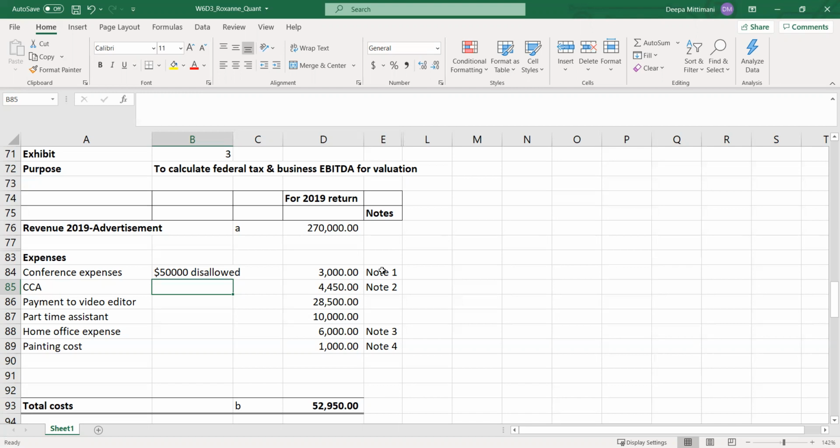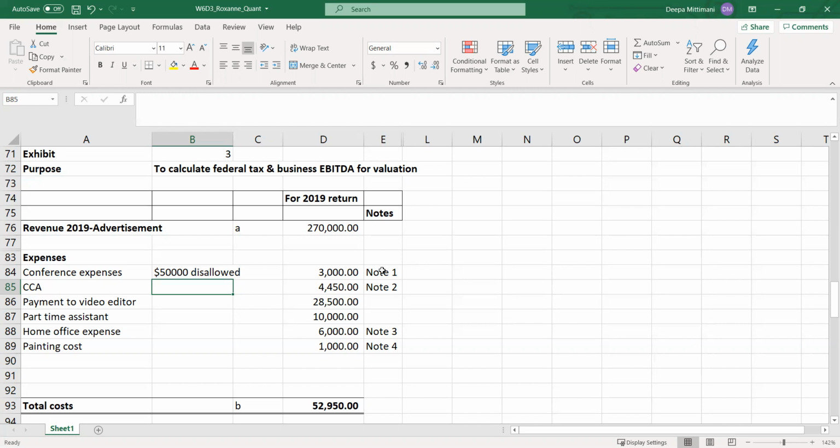So now here is an example of a tax AO. There is a tax calculation for a self-employed person that is required to be done. They have given some expenses and then you will have to calculate her business income and suggest what would be her federal tax payable. Keep in mind always what the question is for any AO, and you should be able to answer the question. What happens sometimes is we calculate something, but we don't answer the final question. So the question in the AO is: what is the federal tax payable? Keep that in mind.